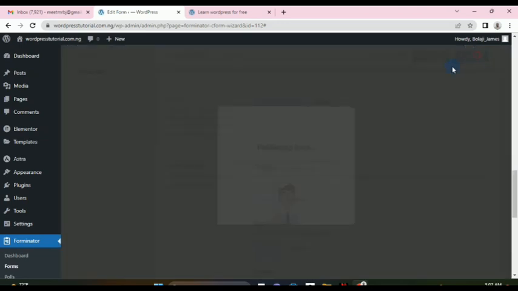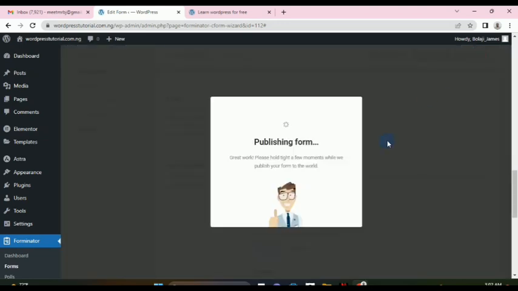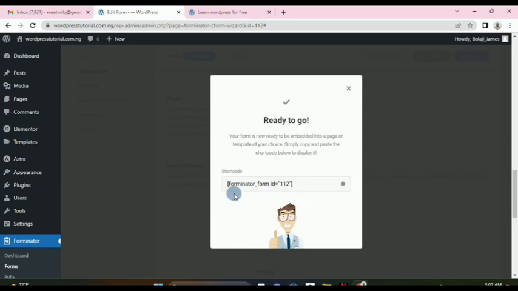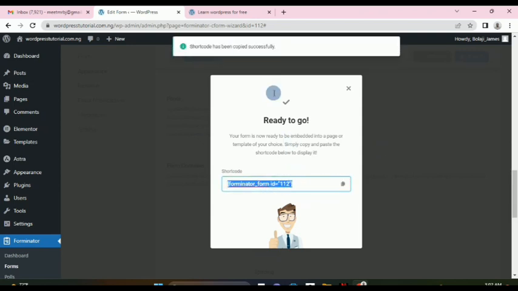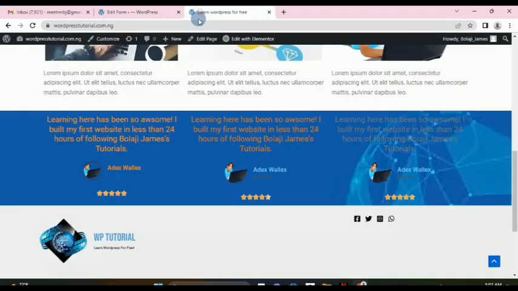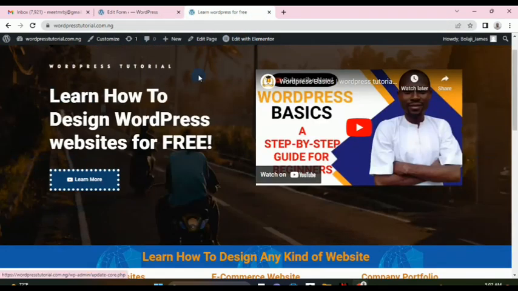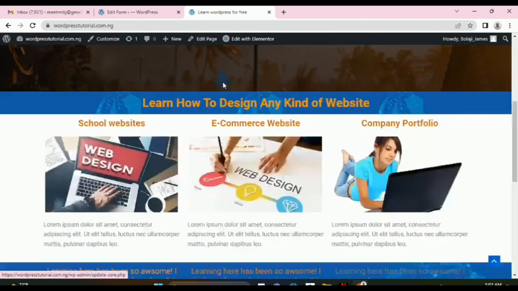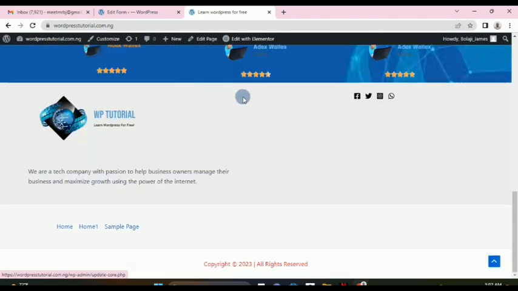Then you can publish, and when you publish, you just copy this, and then you can go to that page. Let's say this page is the page we are using now, and I'm not going to create another page, but definitely you're supposed to create a contact us page. So I can edit this with Elementor,